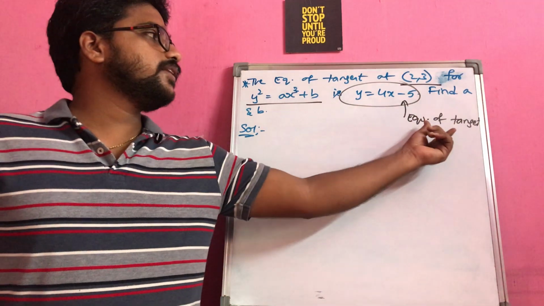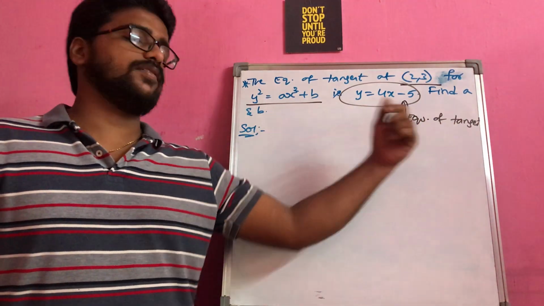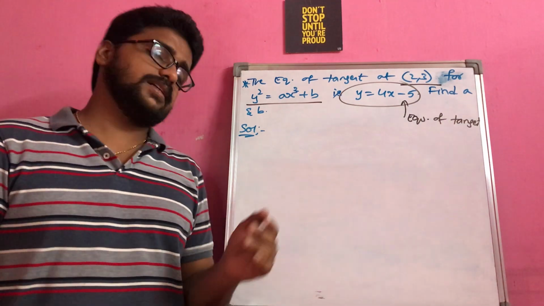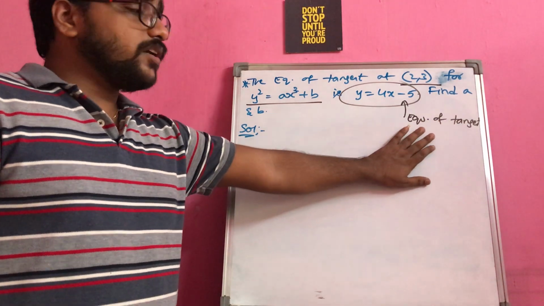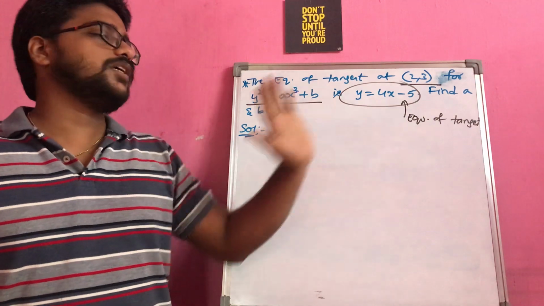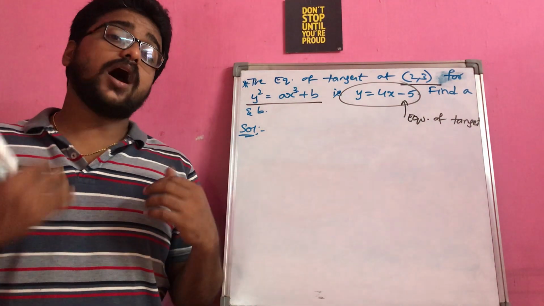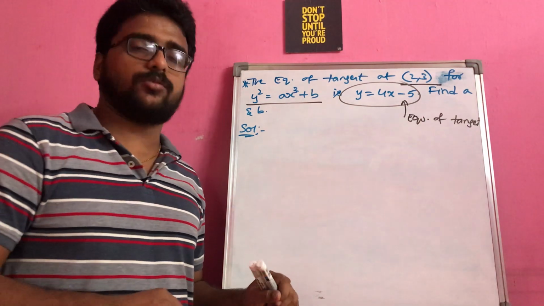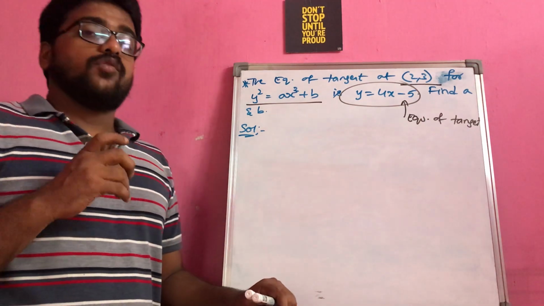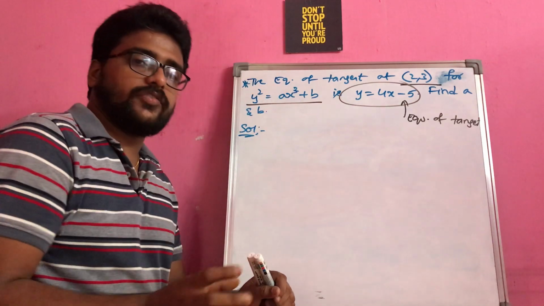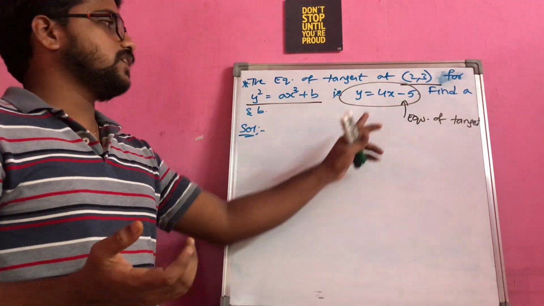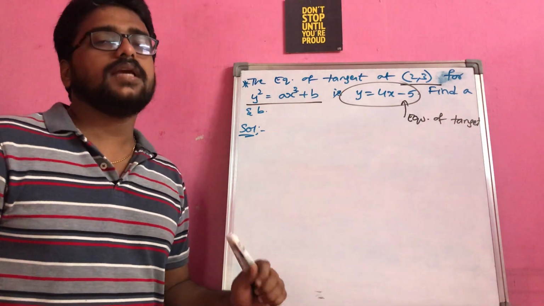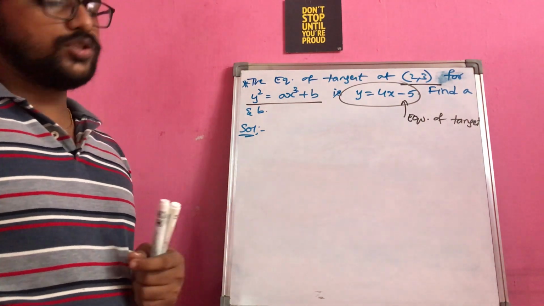Please see here, in this question they mentioned that this is the equation of a tangent. So the question that should come to your mind is, the equation of the tangent they have given to us as y is equal to 4x minus 5, but how do we actually find the equation of a tangent? This question has to come to your mind. Then, when you have one equation of a tangent and they already mentioned that this is the equation of the tangent, it indicates that both have to be equal. So let us make an attempt to solve this one.